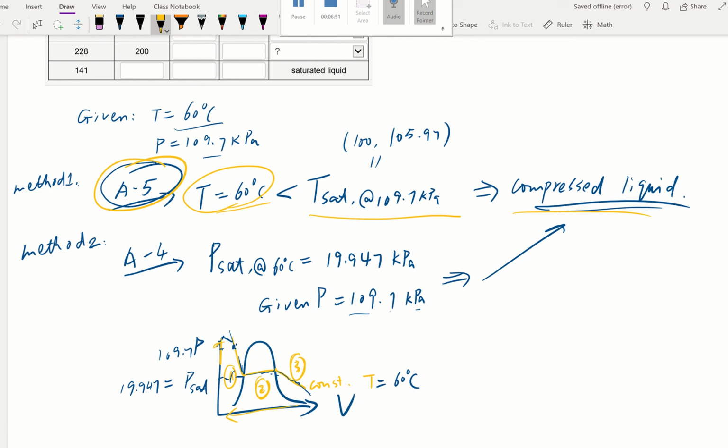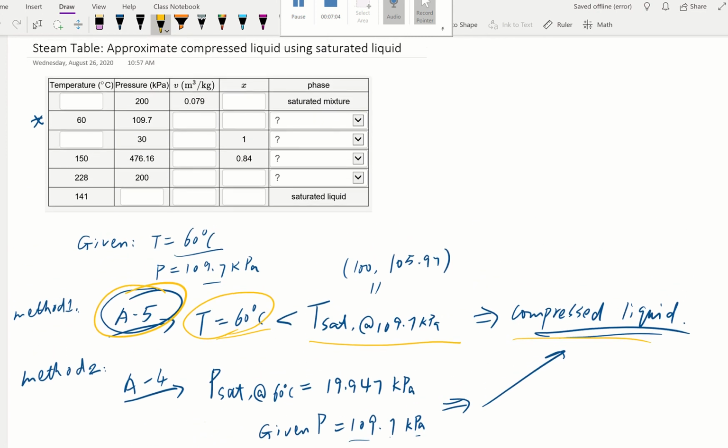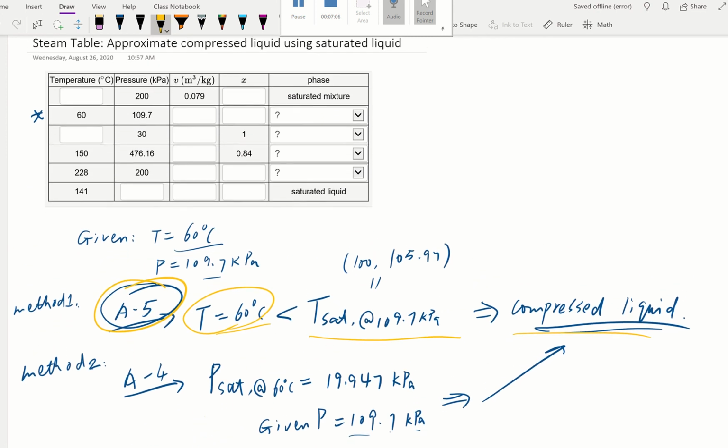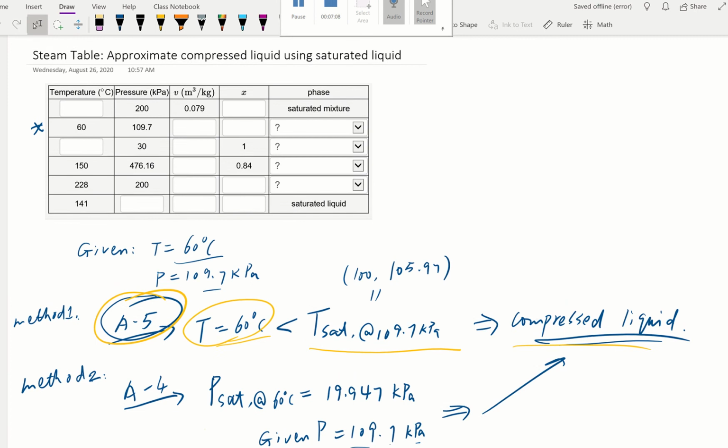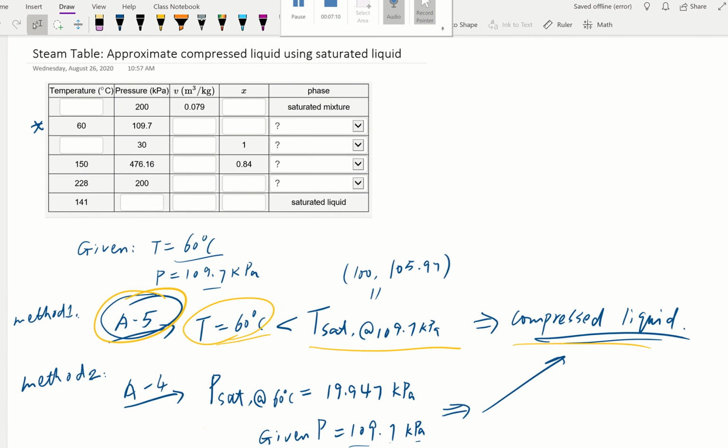So either one you can do, but if you're going to use the temperature table right here, you're just going to be thinking about this PV diagram going this direction. So either one will be fine. So if it's compressed liquid now,